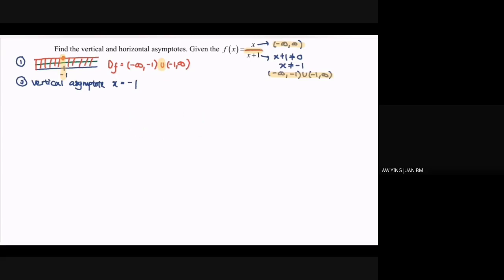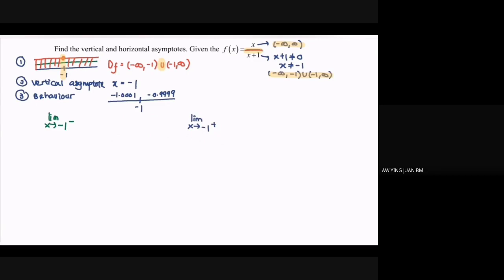Step number 3, we're going to study the behavior when x is approaching negative 1. So now the suggestion would be, we have a number line and locate the value negative 1. The value approaching negative 1 from the left would be negative 1.0001. And for the right hand side, the suggested value will be negative 0.9999. So let's study the behavior. In order to study the behavior, limit when x approaching negative 1 from the left. On the other side, we will have limit when x approaching negative 1 from the right.